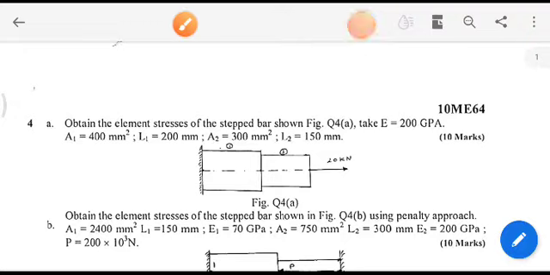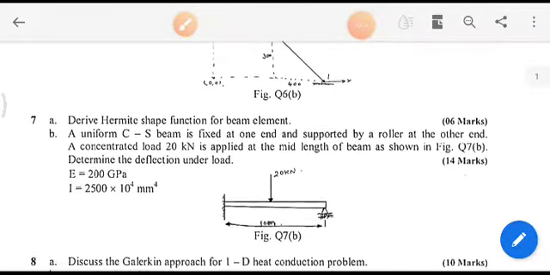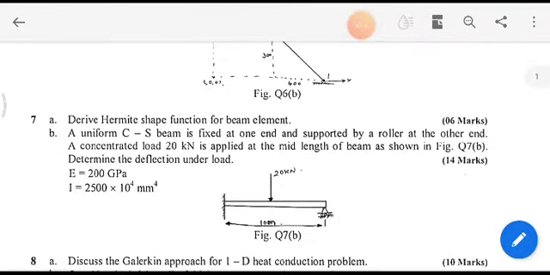Students, today we will solve one more numerical on beams. This is the question paper from VTU December 2015 and January 2016. In this question paper, if you see question number 7b, a uniform cross section beam is fixed at one end and supported by rollers at